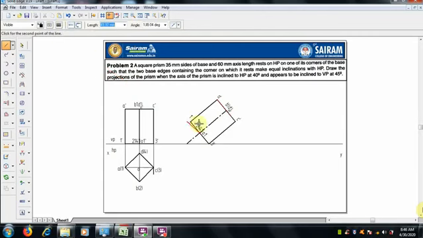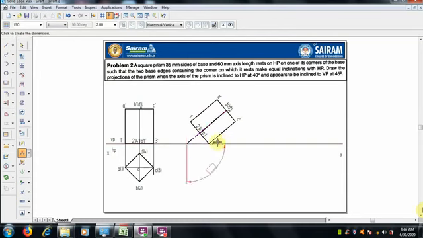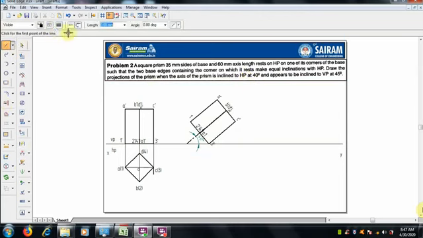Since it is visible, we should not change it. The prism should be as in the initial view, it should not get changed. Only the axis I want to show here, so only that portion we can make out. Check this degree. So the axis of the prism inclined to HP is 40 degrees. Now it is clear.